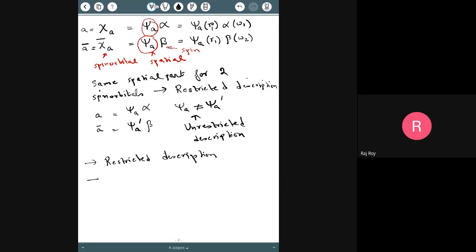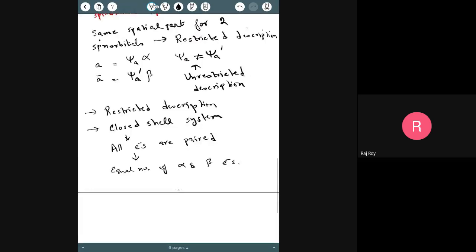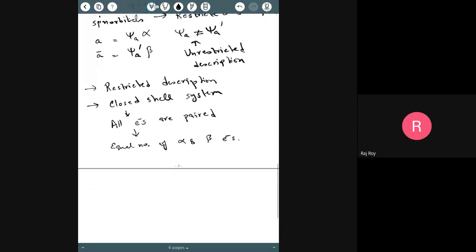And we will also talk about closed shell systems, which means that all electrons are paired, so that again means that you have an equal number of alpha and beta electrons. Fine. So now that I have written down what we want to do, we will go into